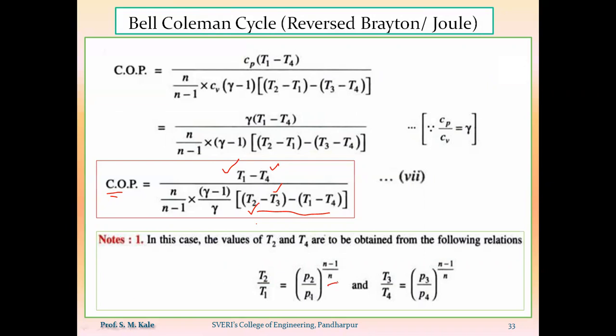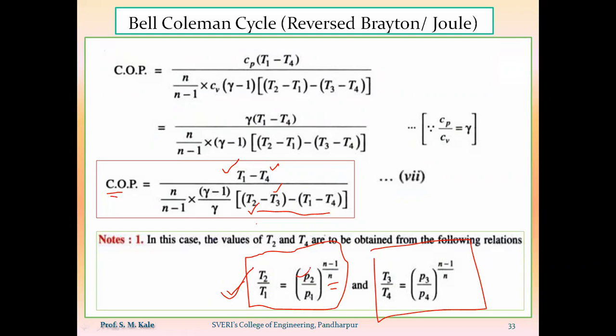So for a polytropic process, you can use the formula T2 by T1 is equal to P2 by P1 raised to n minus 1 upon n, and another formula you can use is T3 by T4 is equal to P3 by P4 raised to n minus 1 upon n. So by using these two formulas,